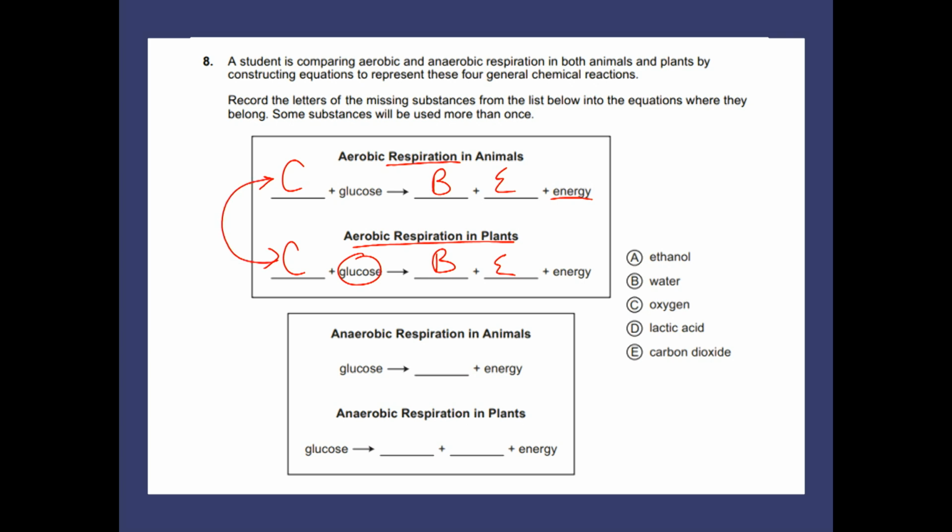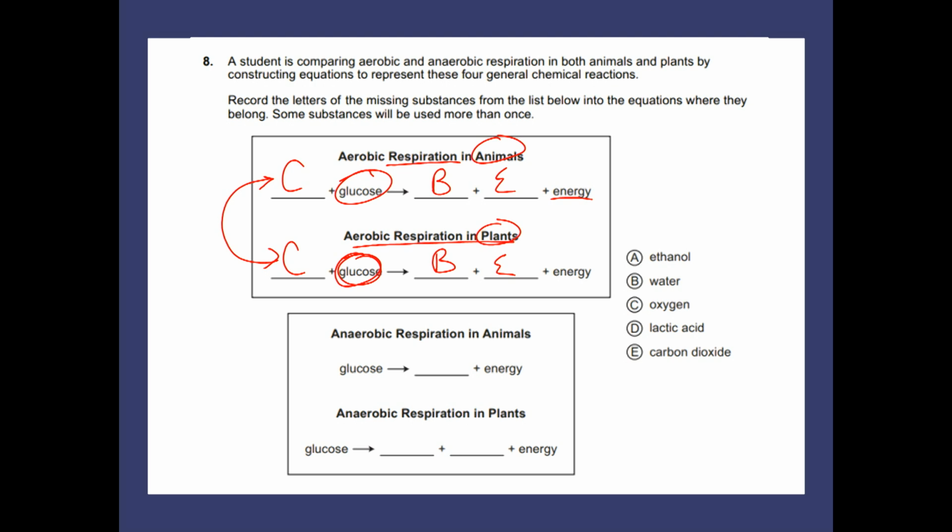It's just how we get the glucose that's different. In animals, we have to eat something to get the glucose. In plants, they make their own glucose. Okay? But once we have the glucose, breaking it down is the same. Okay, let's look at